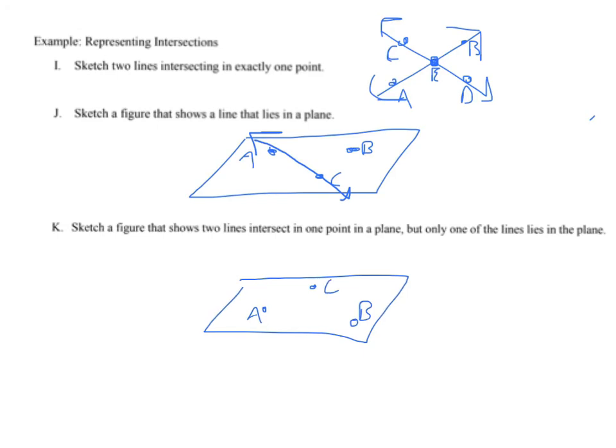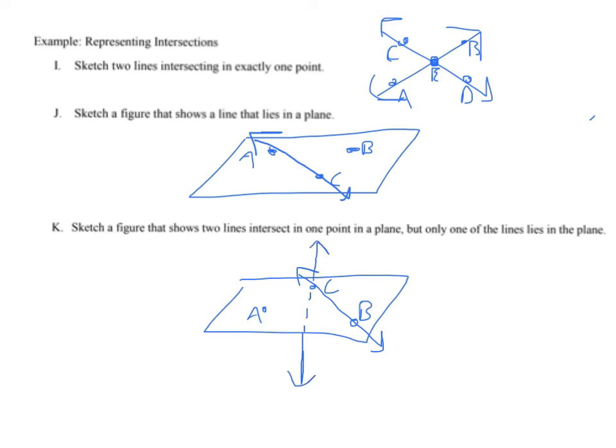C. And I want 2 lines to intersect at exactly 1 point, but only one of the lines to be in the plane. So I'm going to make BC a line that's in the plane, because again, if the points are on the plane, then the line has to be in the plane. And I'm actually going to draw a line that also goes through B, but is not on the plane. Actually it would probably be easier to use C, so I'm going to use C. The way I'm going to do that is I'm going to draw this little dotted line that goes down there,